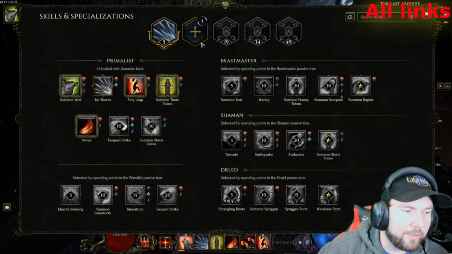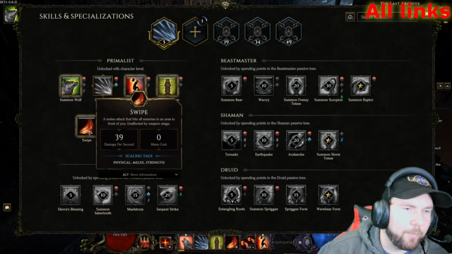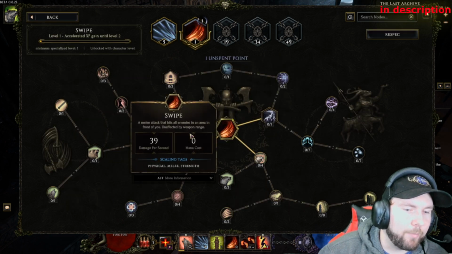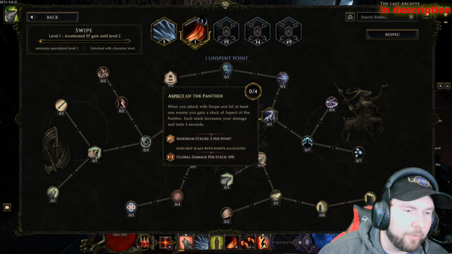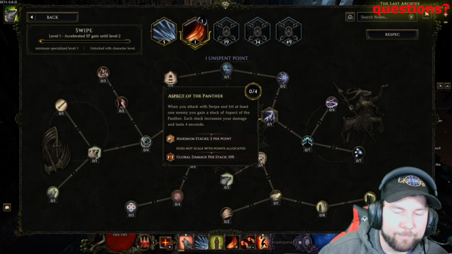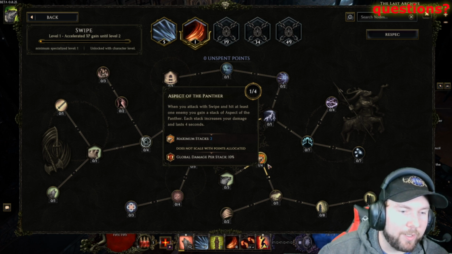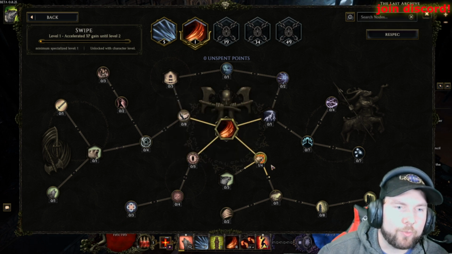For our second skill, we're going to go ahead and spec into Swipe. Obviously, this is a skilled Werebear that we'll be using for the entire durability of this build. For Swipe, the very first point, I'm going to go ahead and put into Aspect of the Panther. This is going to allow us to get 2 stacks of Aspect of the Panther when we attack. The buffs last for 4 seconds, and each stack that we have will grant us 10% extra damage, which is